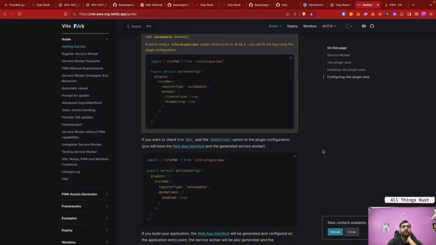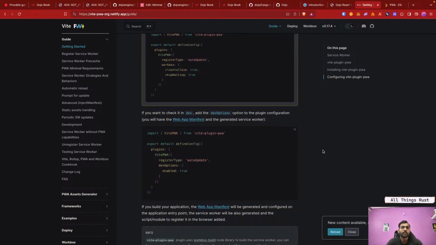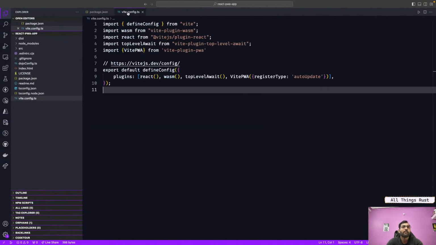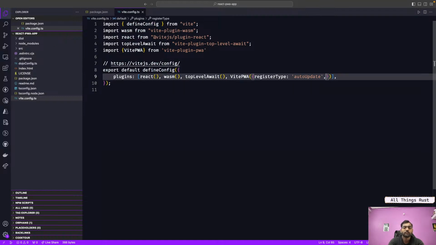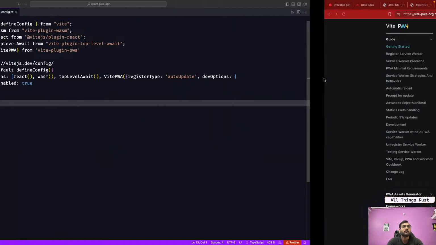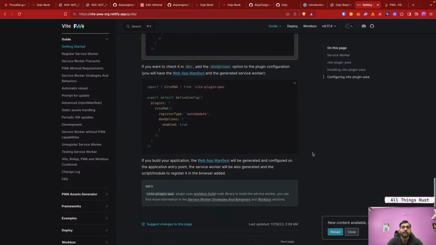If you want to check it in the dev environment, add the dev options to the Vite config. Okay, dev options enabled true. Okay, if you build your application,